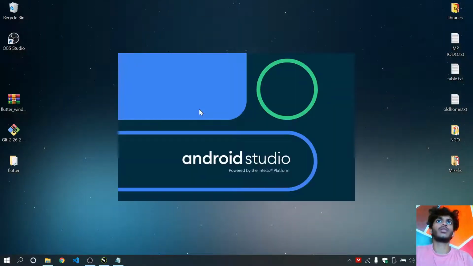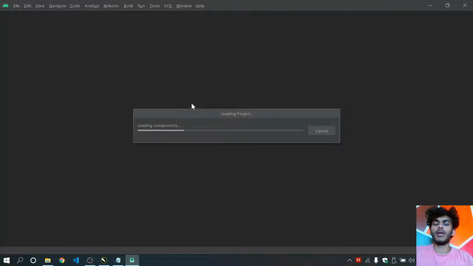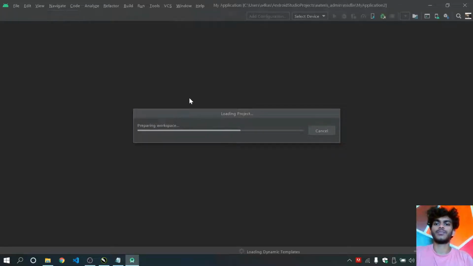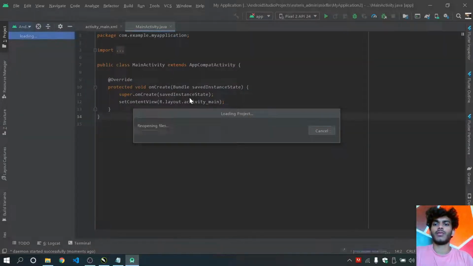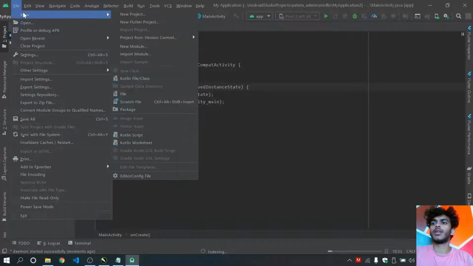What this will do is install the plugin onto Android Studio, in which you can basically create a simple app project. As soon as Android Studio is restarted, if you click on File and then New, you'll get a new menu option such as New Flutter Project.